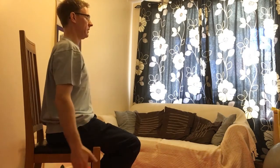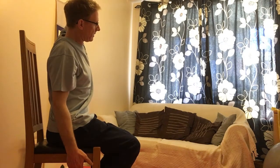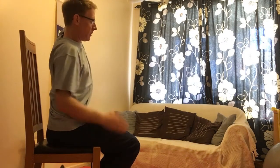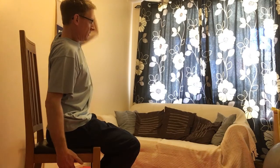And down. So this time the hand's going to go up to the same position. As it goes, I'm going to just lean into my side. Not enough so I'm going to fall off the chair, obviously. I can support myself if I need to. Just trying to stretch all of the side of my body here. And relax the arm down